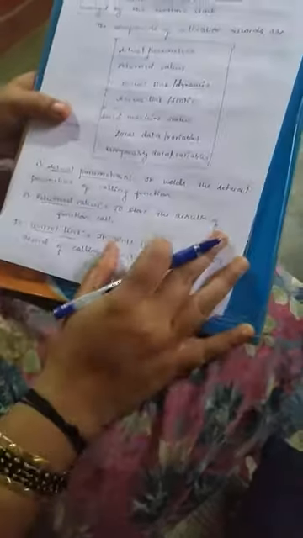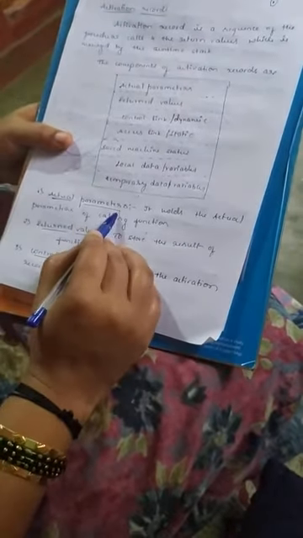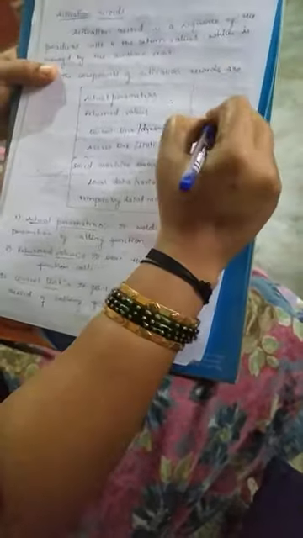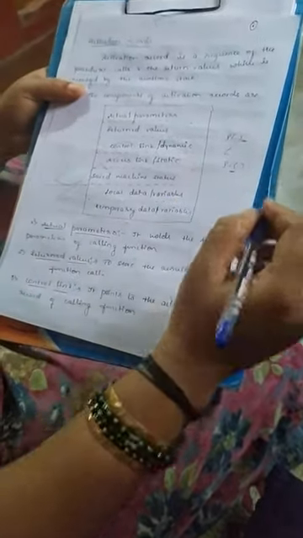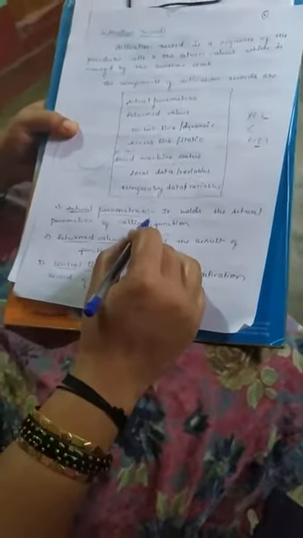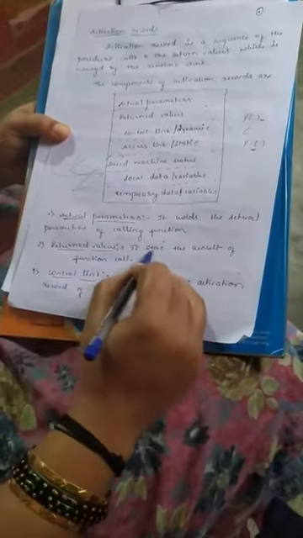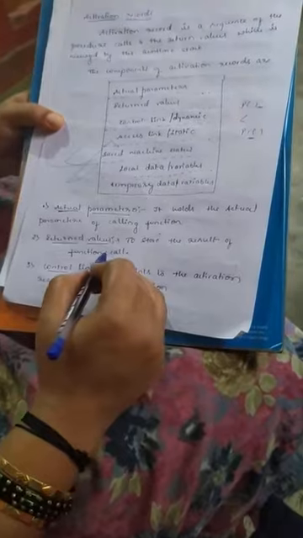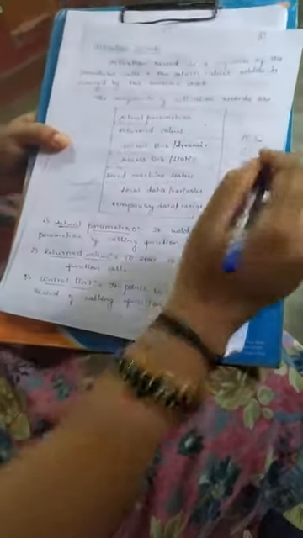When it comes to the actual parameter, you know very well about the actual parameter and the formal parameter. The actual parameter holds the actual parameter of the calling function. If you consider the function p and p1, this one is the calling function and this one is the called function. Okay. When it comes to the return value, it stores the result of the function call. If you want to return the p1 value, it will store the result of this function call.